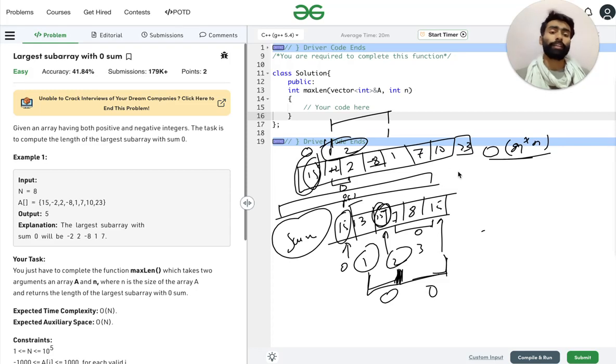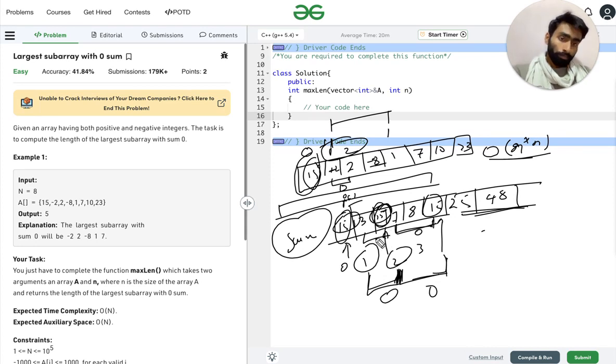We do not need to iterate over every subarray now. We can get the same result by just adding and checking for the condition. If we continue it is 25 and 48. So no repetition of this sum, only the 15 is being repeated here. So one subarray is this and another subarray is this, but the maximum length of the subarray is from the first time we got this sum to the last time we got this sum, that is this one.